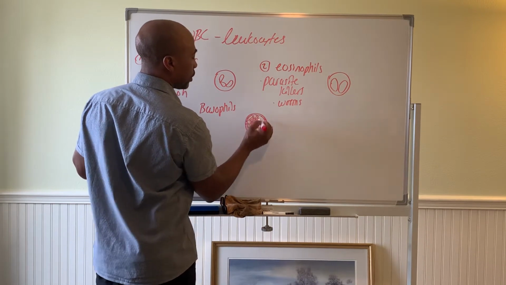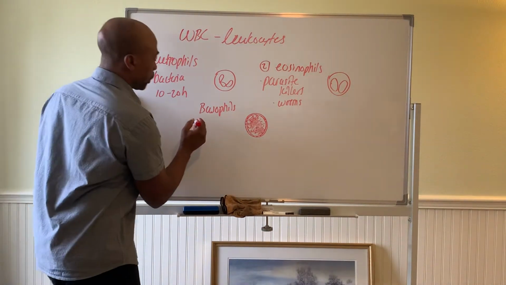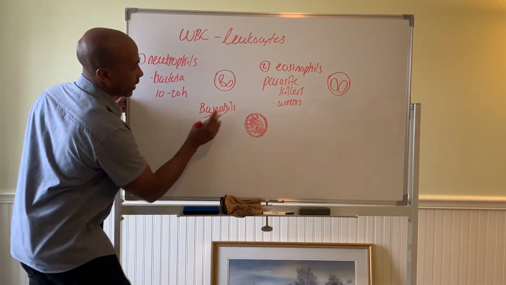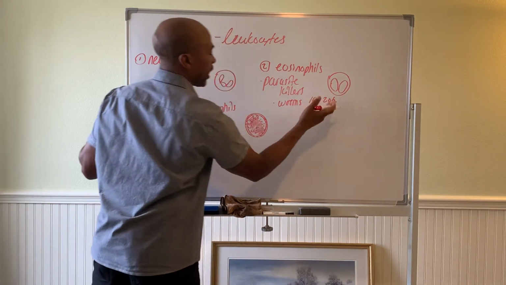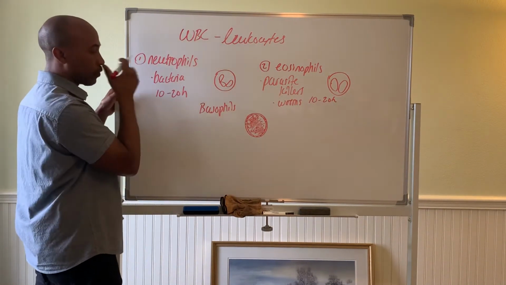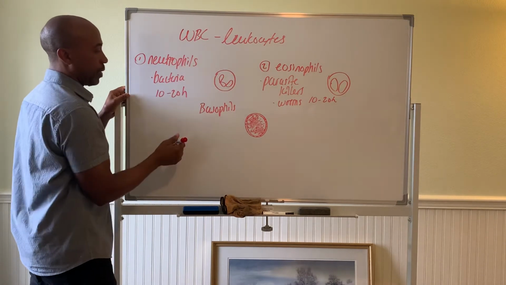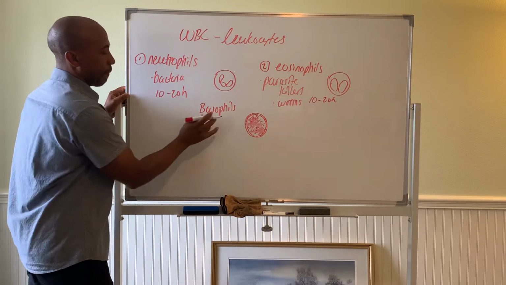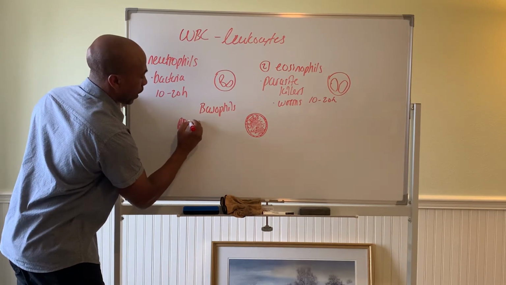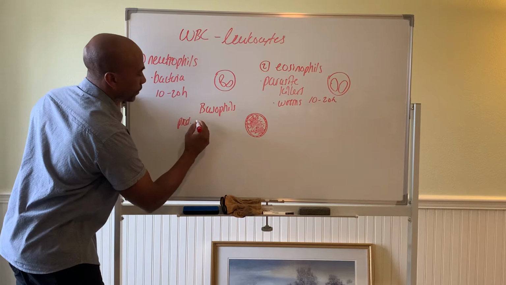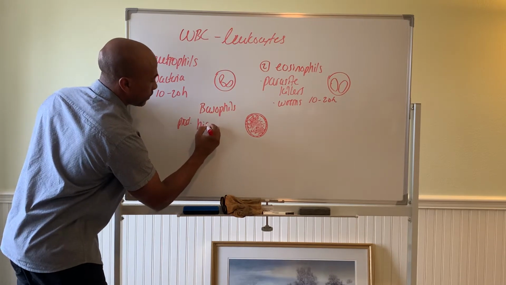Most of them last around 10 to 20 hours, maybe 10 to 30 hours. That's a good ballpark for all these initial three granulocytes. Basophils produce two chemicals. They produce histamine,